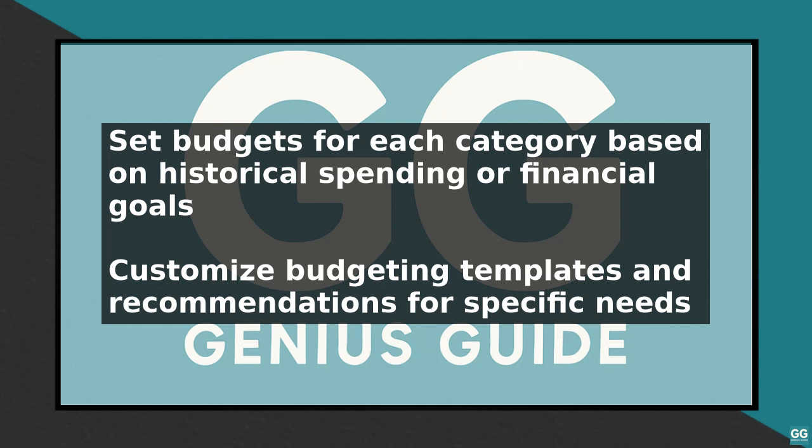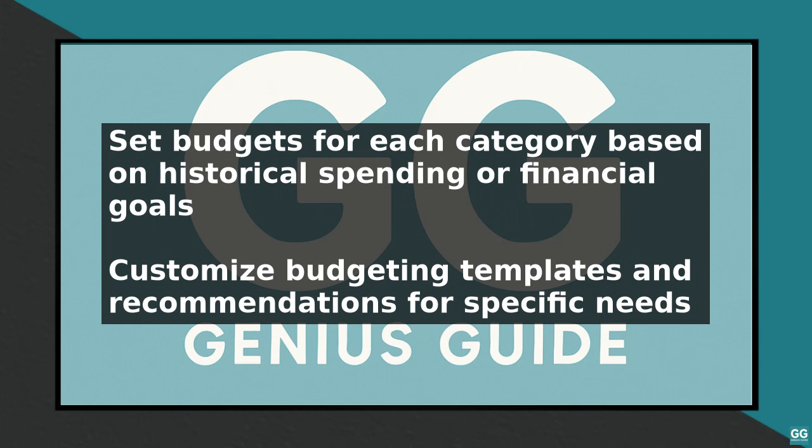Next, you need to set a budget for each category, which can be based on your historical spending or financial goals. Rocket Money provides budgeting templates and recommendations, but you can also set custom budgets. For instance, if you want to reduce your dining out expenses, you can set a budget for this category and